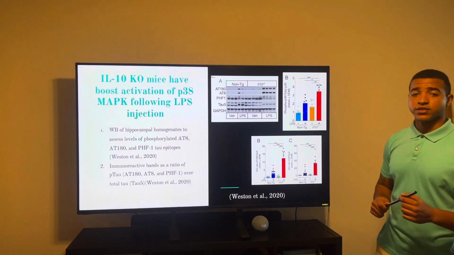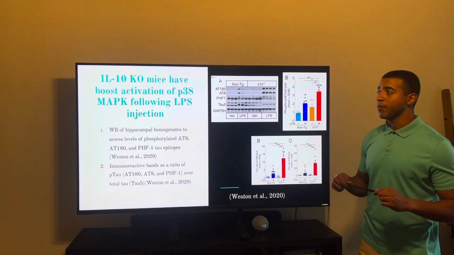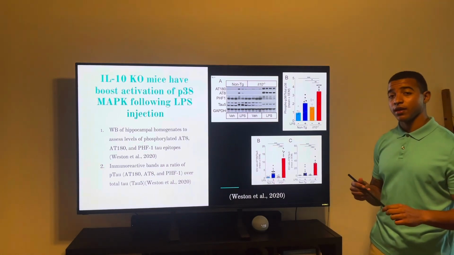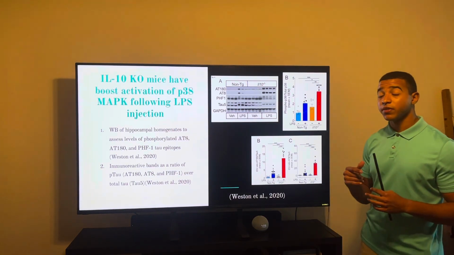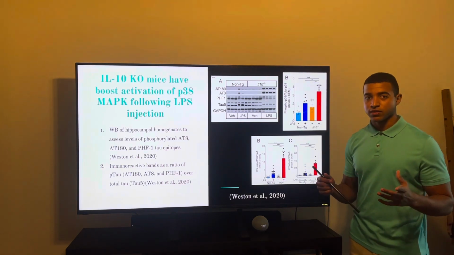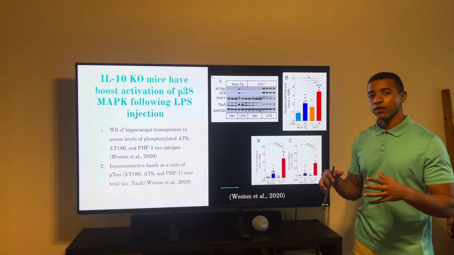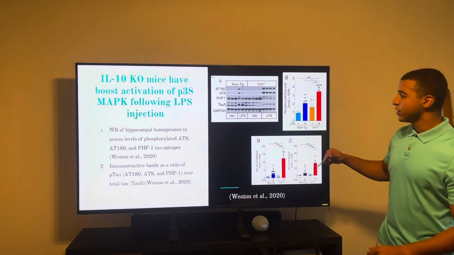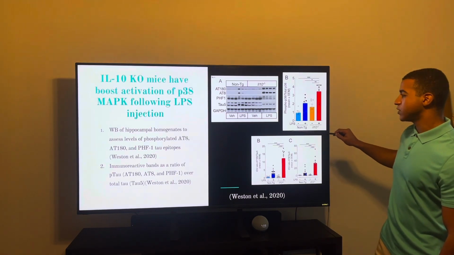They also found that IL-10 knockout mice have a boosted activation of P38 MAPK following LPS injection. P38 MAPK is a kinase, which is basically showing you that the mice without IL-10 are activating it more. They basically took a Western blot and did statistical analysis with